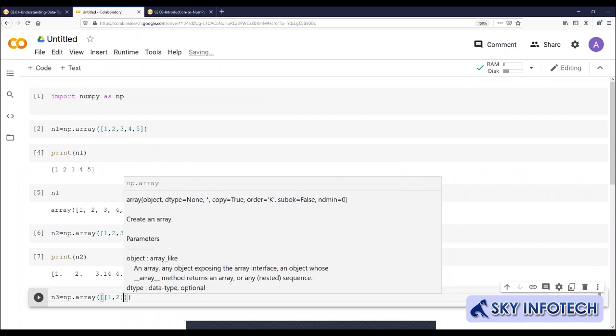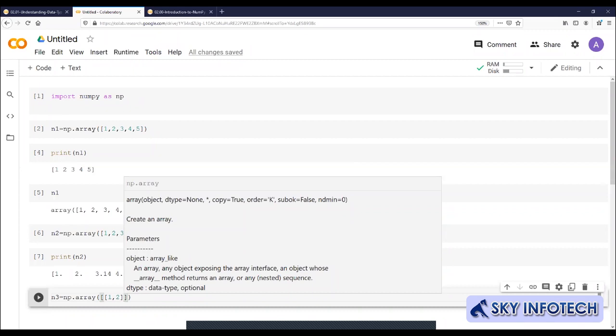Gauri ma'am. Yes, Pawan. Ma'am, how did we get this one, n2 equal to np.array 1 2 3? We get the output as 1 dot, then 2 dot. Because it converted into a float, Pawan. What happened is he put one float number there, right?